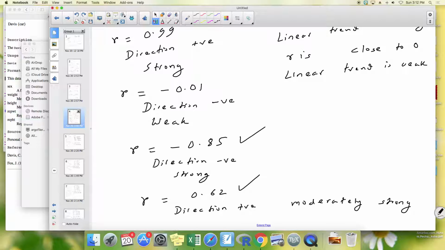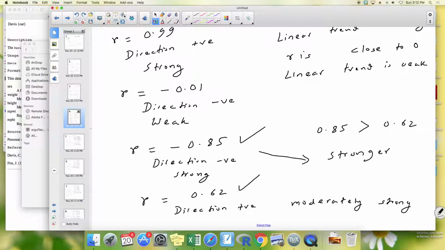So you see that negative 0.85, take the absolute value, it's 0.85. So 0.85 is bigger than 0.62. So in that case, I'll call this guy stronger. The linear trend is stronger here. And these things you can easily